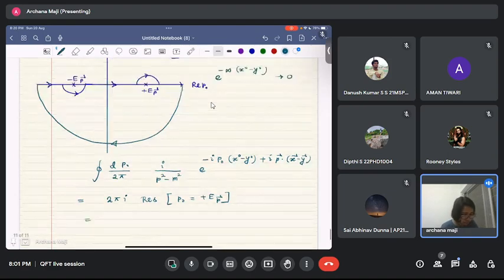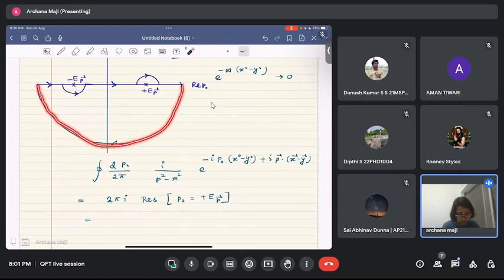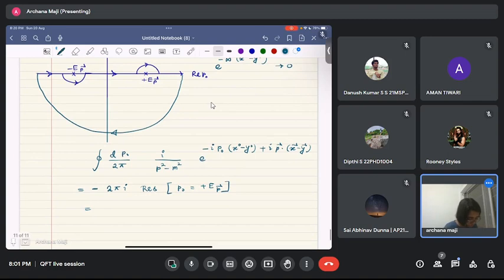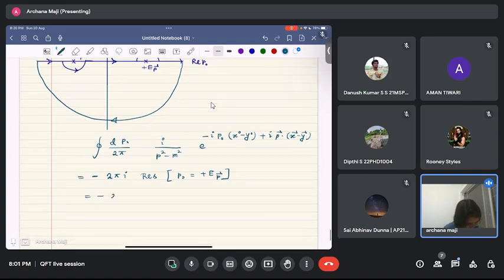See, now for x0 greater than y0, the contour that we have now is actually clockwise. So this is clockwise rotation, and that's why there will be another minus sign coming due to the clockwise contour. So this is minus 2 pi i, and the residue is